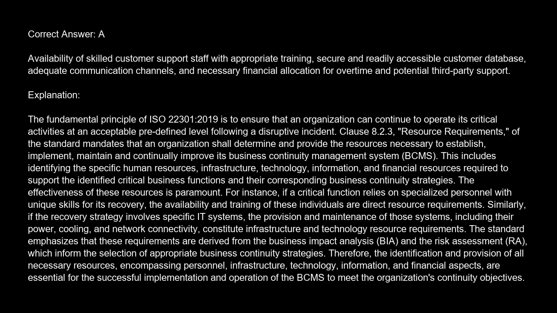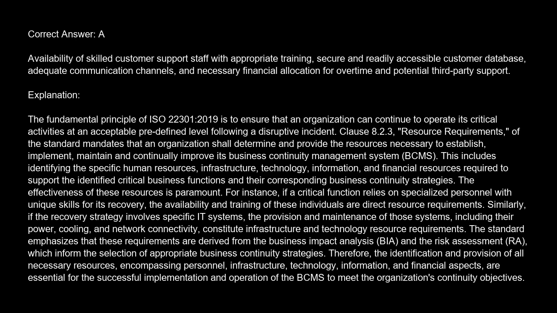The correct answer is A. Availability of skilled customer support staff with appropriate training, secure and readily accessible customer database, adequate communication channels, and necessary financial allocation for overtime and potential third-party support. Explanation: the fundamental principle of ISO 22301-2019 is to ensure that an organization can continue to operate its critical activities at an acceptable predefined level following